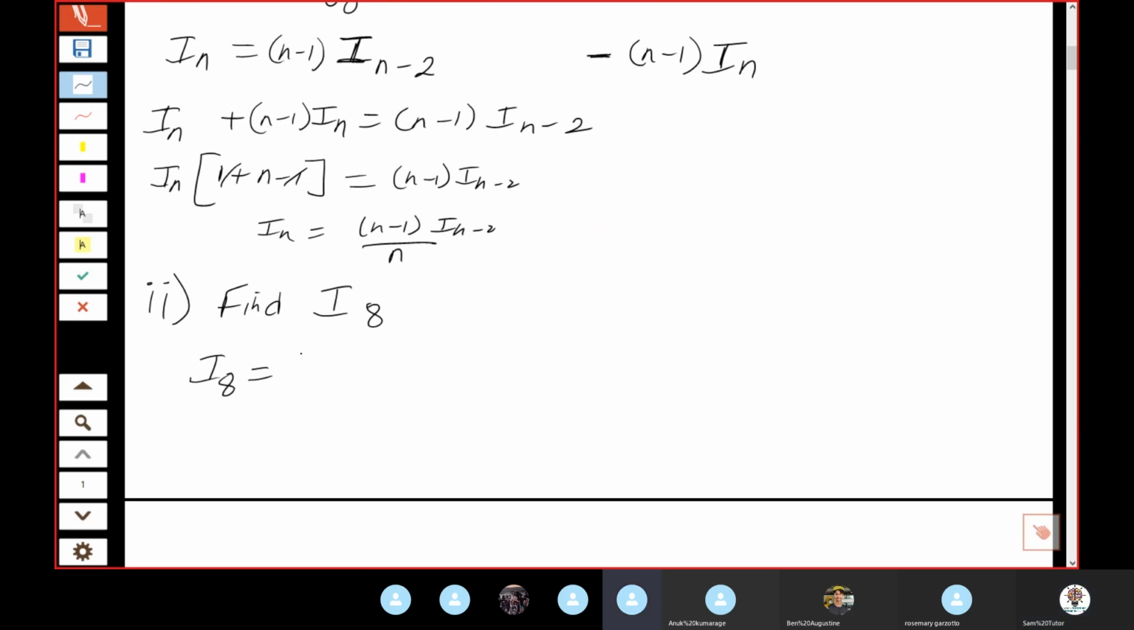Then sub in 8 for n. Say it. Go. Give me the answers I'm looking for. I8 equals 7 over 8 I to the 8 minus 2, I6. There we go. Come on, let's go. Don't say 6 take away 1. Literally give me the answers I'm looking for. So I6 equals